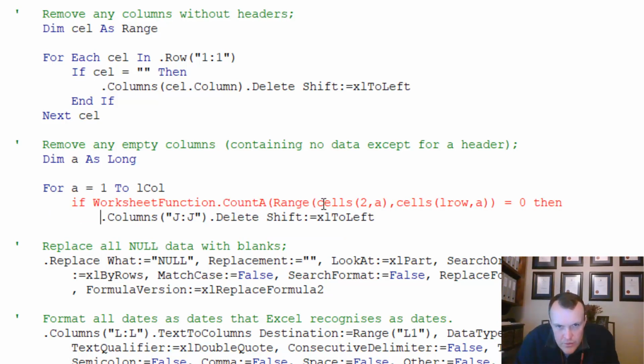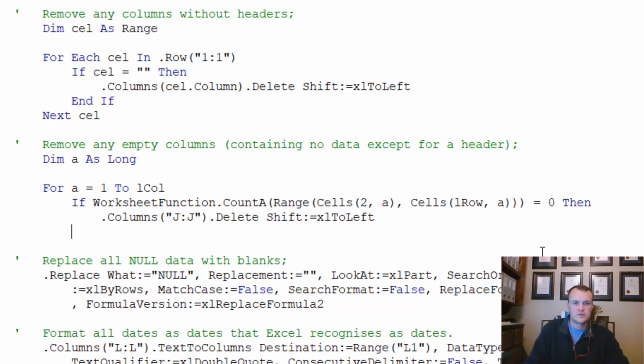Let's just see what's wrong. Cells A. Okay, I need another close bracket there, because I need to close the count, the range, and the cells. Right. Cool. So then I want to delete that column, end if, and I want to just go,